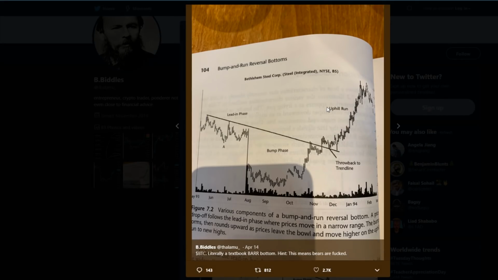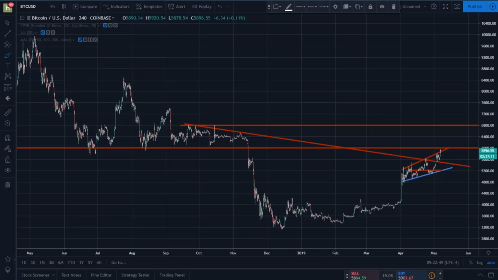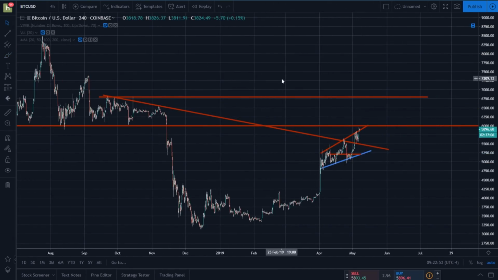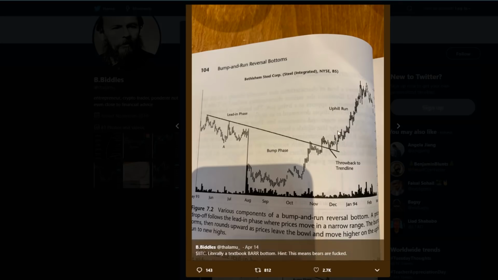That looks almost identical. Bitcoin has downtrended. It fell off the cliff, went through the bump phase, traded sideways for a little bit. We came up, we broke through the downtrending level of resistance. We got support on it on our throwback, and now, based on the bump and run reversal bottom, and also, by the way, based on all of our other technical analysis, and as B.Biddles actually says here,